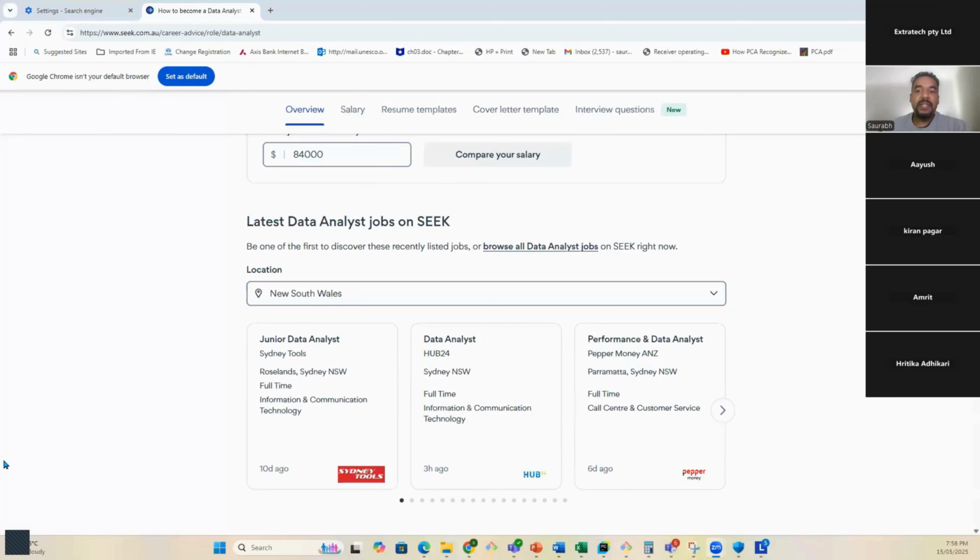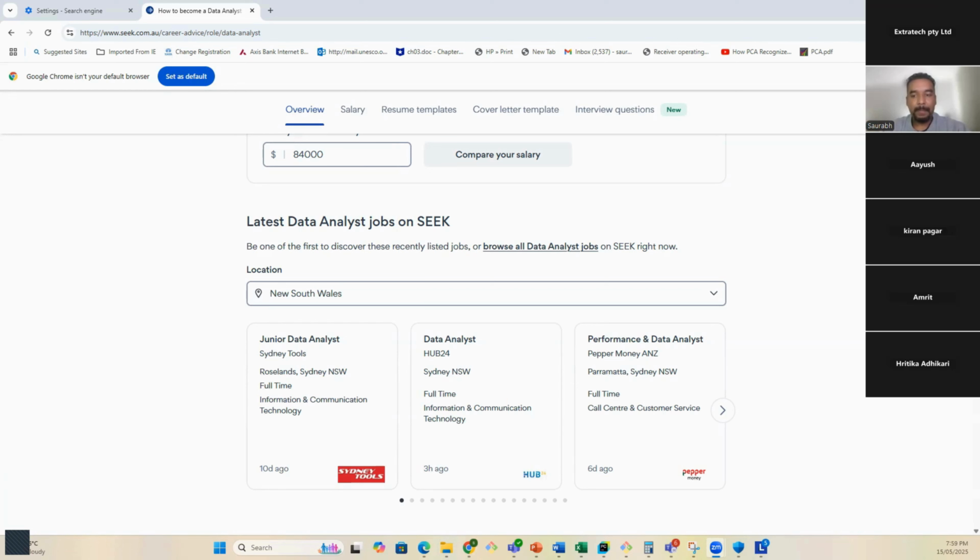So you don't have to worry about which state you are in. ACT can be a bit difficult because sometimes there are mainly citizenship jobs. But the good thing with data analyst roles is that a lot of time you work from home. So even if you are in some other state, you can get a job in New South Wales or Victoria or somewhere else. For example, my bank, ING, only has an office in Sydney, but we have people in Melbourne and Brisbane also, and they work online throughout the year. So that's not an issue.